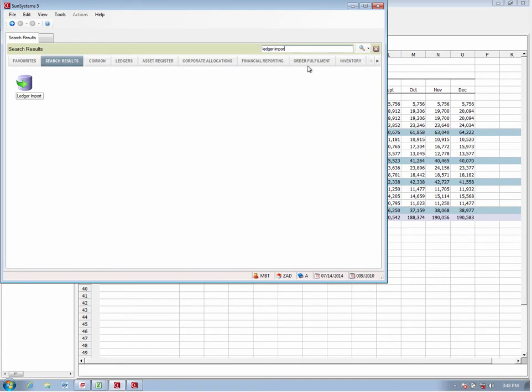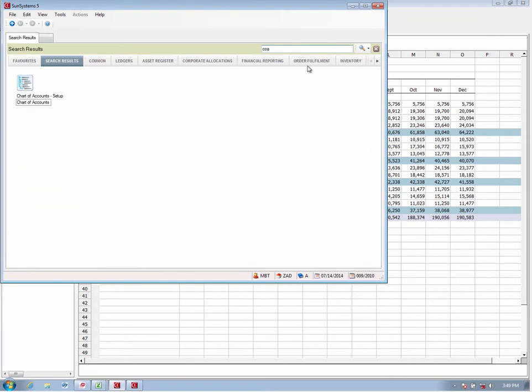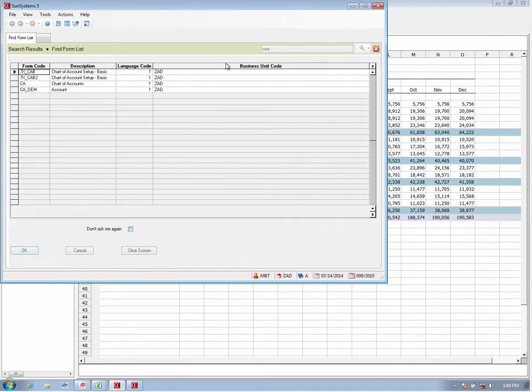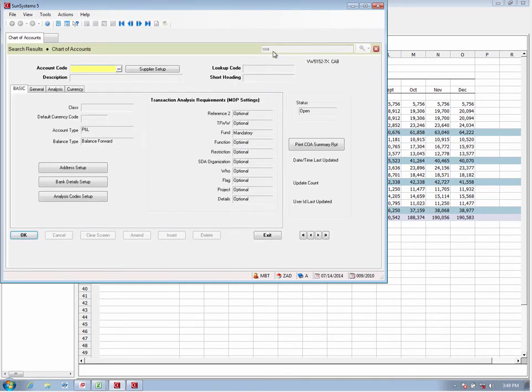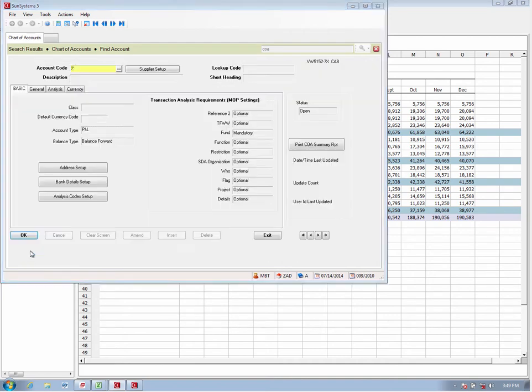All right. First off, we need to create an account in the chart of accounts down in the Z section. And if you remember the previous video I showed you on using notes, or one of the previous videos, the Z section is the notes section, and I've created an account called membership, and let's take a peek at that. Okay,